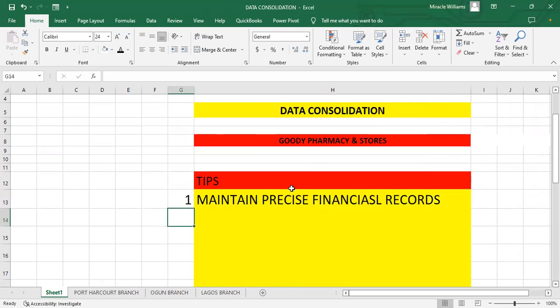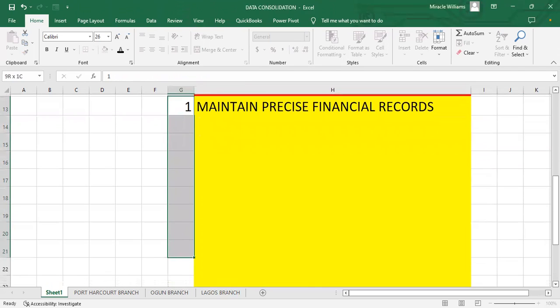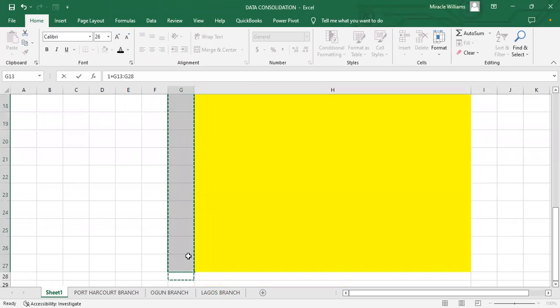So tip one, I said maintain precise financial records. Based on this, I was saying that the accuracy of the financial statements content is very important, and you must ensure that when you're creating any report, you always maintain precise financial records, that no information is missing, which means you do your review, and then you can also fall back to our lesson on